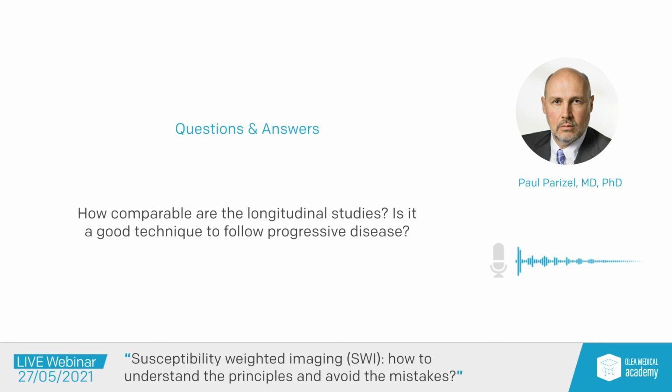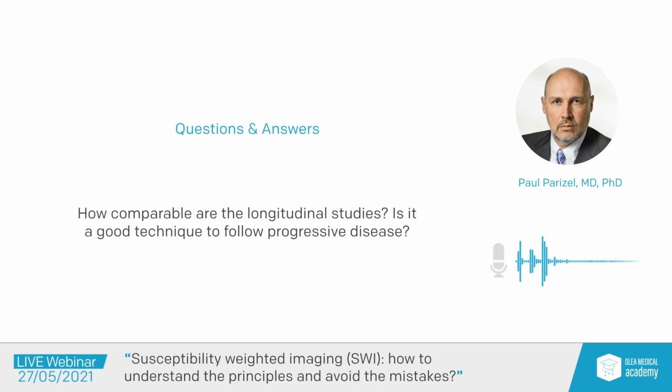So could we have an index, for example, in a patient with amyloid angiopathy? Could we have an index for the number of microhemorrhages? Could we have an index in a patient with traumatic brain injury to be able to follow that? Because